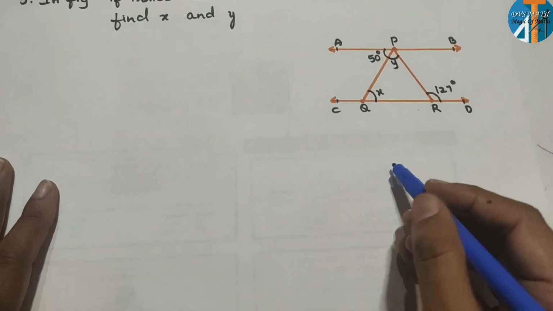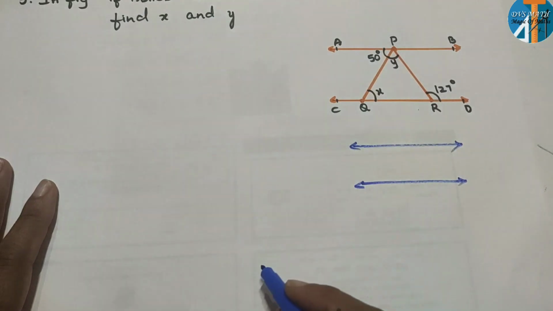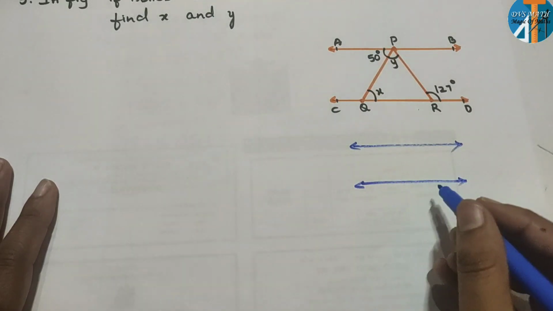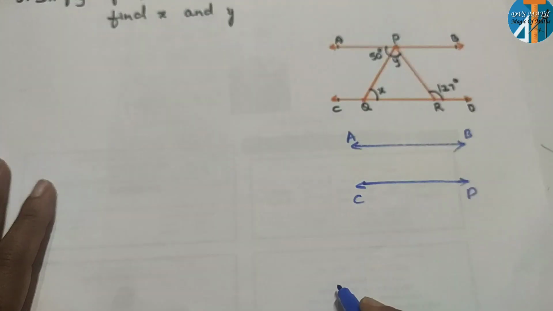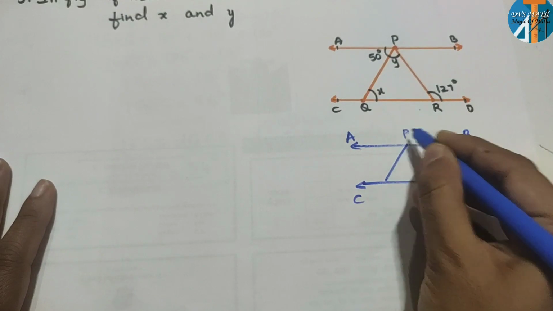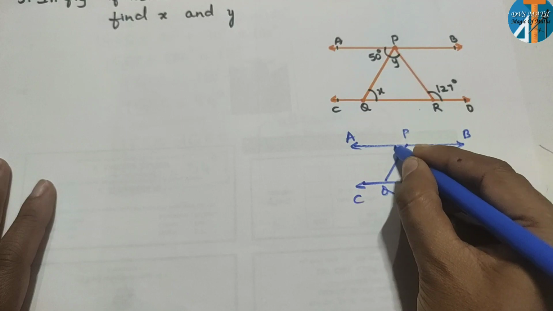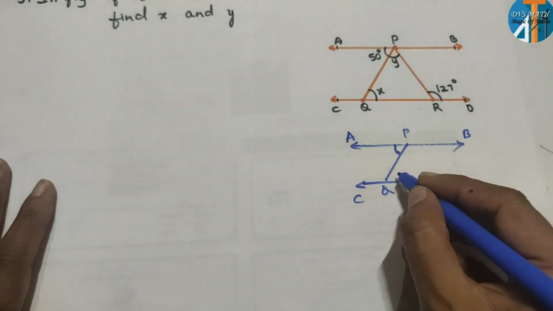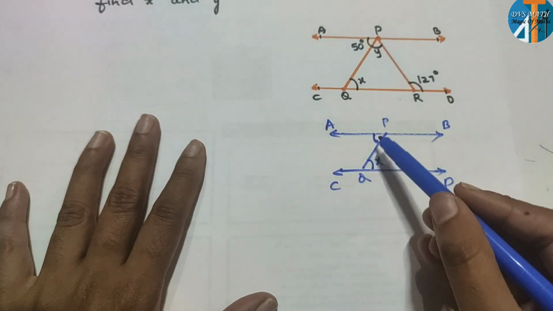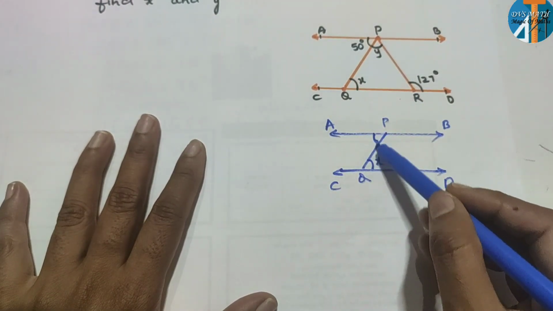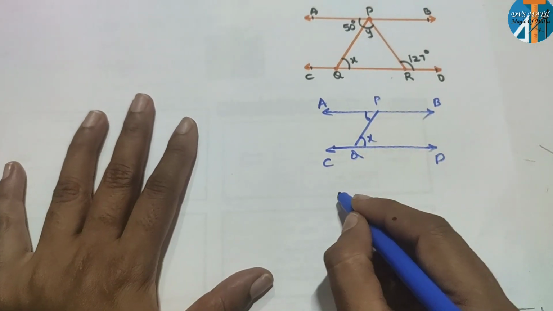Look here, I am drawing two figures. So the first figure is like this. This is AB and CD, both lines are parallel. One is PQ. So PQ is one transversal. Now they gave this angle, that is angle APQ. We have to find this one, X. If you observe these two angles, they are equal, right? If this is 50 degree, this is 50 degree. You got the first answer. Let's go for the second figure.